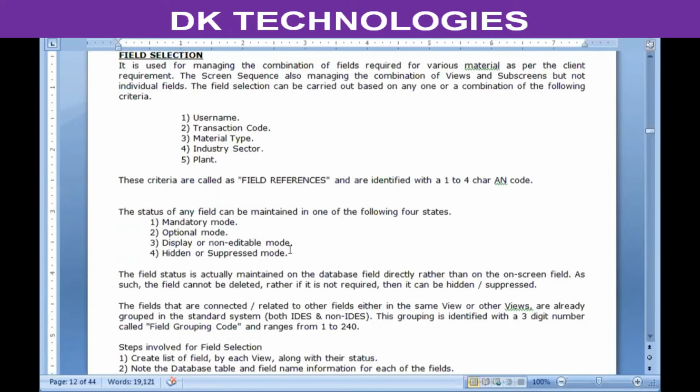Now, the reason why we don't have a delete is, like I said, the status will be maintained directly on the database field. So any field which is not required has to be only hidden. It cannot be deleted. So in the same way, when you make a field mandatory, in the database also, the field will be made a mandatory field, right?